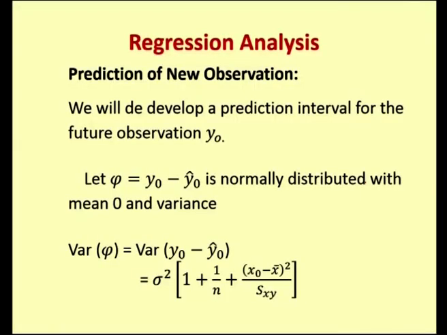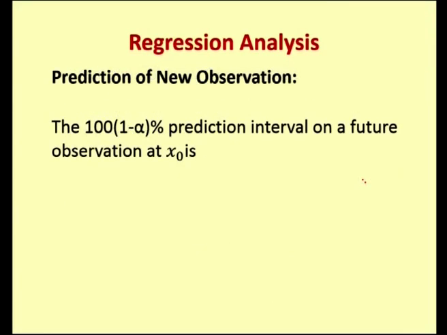Let xi is equal to y naught minus y naught cap. This is normally distributed with mean 0 and variance sigma squared. So, here variance of xi is equal to variance of y naught minus y naught cap, which is obtained as sigma squared into 1 plus 1 by n plus x naught minus x bar the whole square divided by S xx. The 100 into 1 minus alpha percent prediction interval on a future observation at x naught is